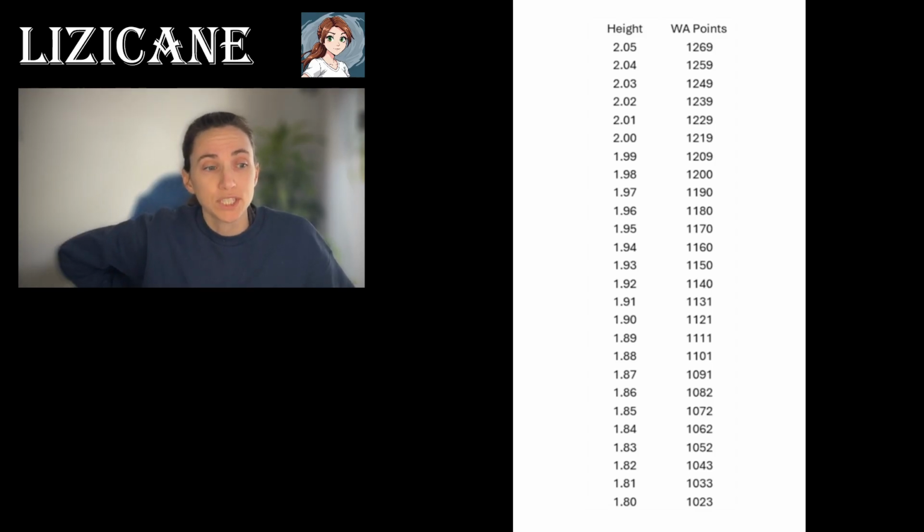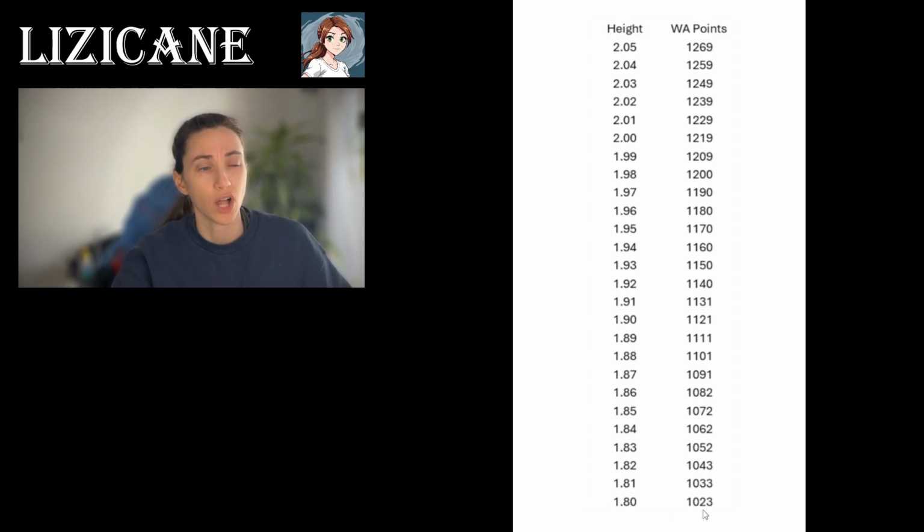And again, numbers are not exactly the most fun to look at. So we're only going to look at this for a second, and then I'm going to summarize it for you. To give you a bit of an idea of what's going on, right about 1.9 meters is about 1,121 points. So 1.9 is just over 1,100. 1.8 being 1,023 is just over 1,000. So using those two numbers as a reference, 1.8 being a little over 1,000, 1.9 being a little over 1,100, and here we've got 2 meters being a little over